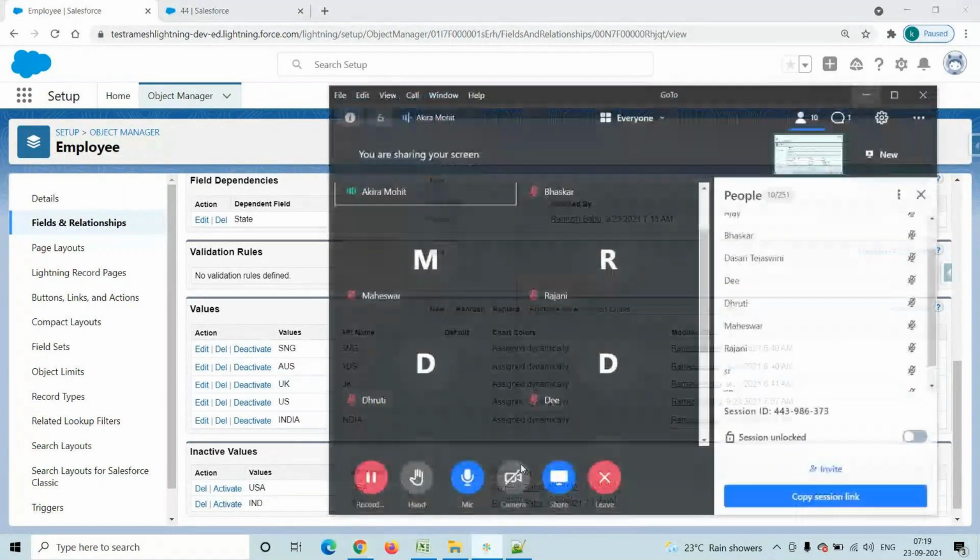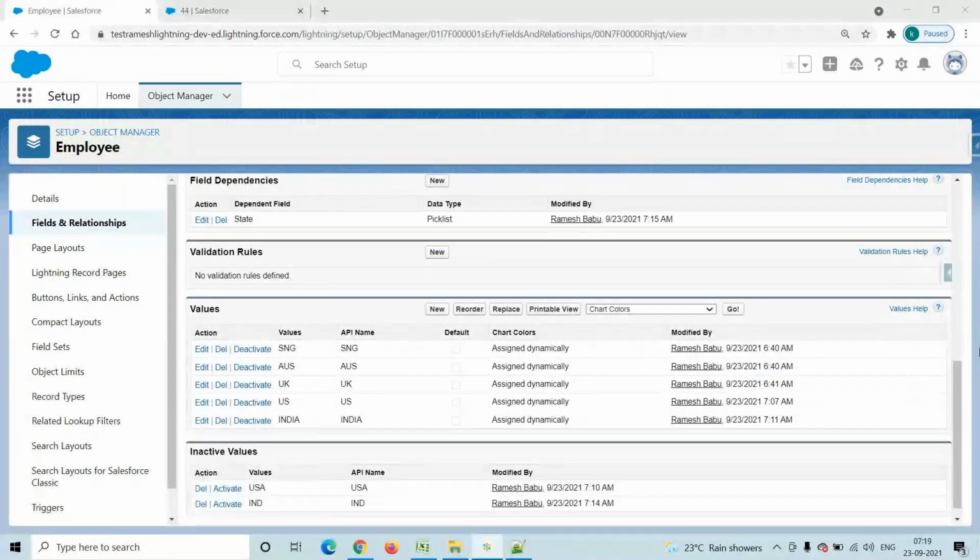Any question? This error message you have to remember, bad pick list value for the country field. Here we are working with the country field, so that's why I'm saying country field. Bad pick list value means other than these values we are giving a different value, that's why the system is showing an error message. Okay, any questions on this one?